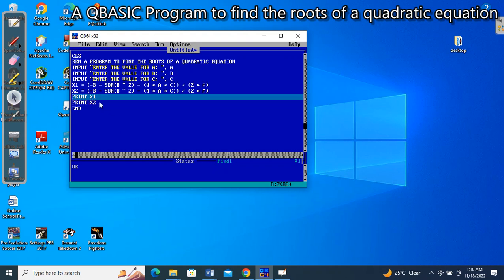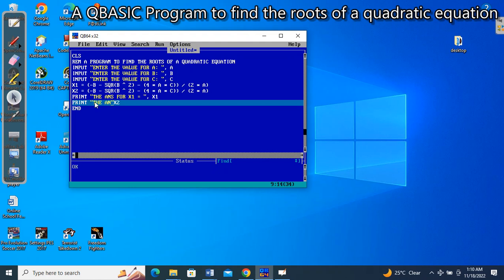Okay, let's do that right away before we come to the end of this particular lecture. So let's come here and say the answer for x1 is equals to,